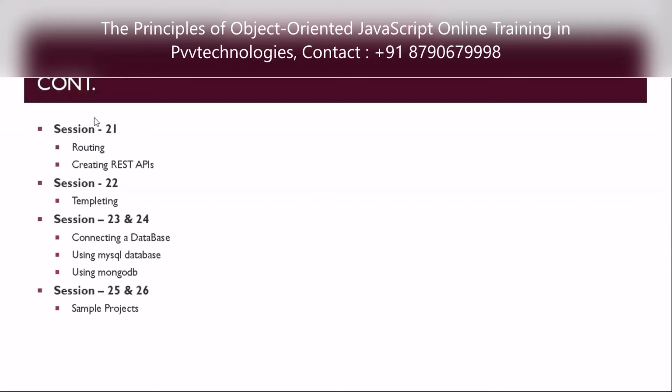In another session we will also create one sample project and run it in a live environment. As I told you, Node has its own web server, so you can deploy your simple project and you will be able to access it in our local area network. Let's say you have connected two systems to each other, either through a LAN cable or through a Wi-Fi connection, so you should be able to access them, but there will be some protocols that you make available.